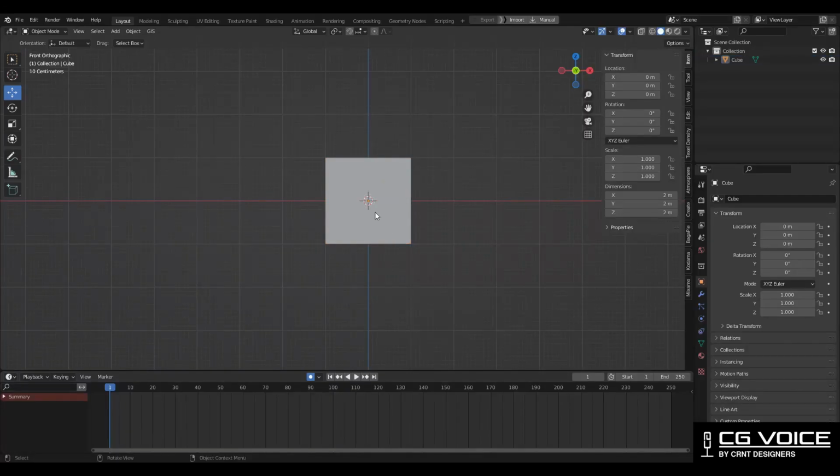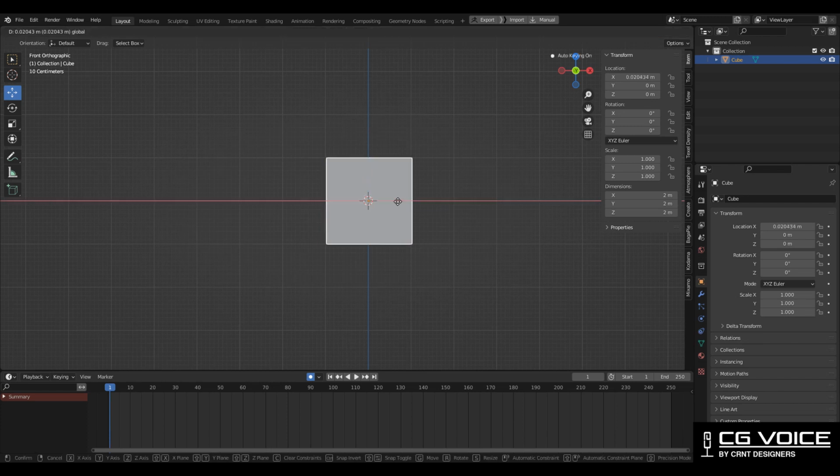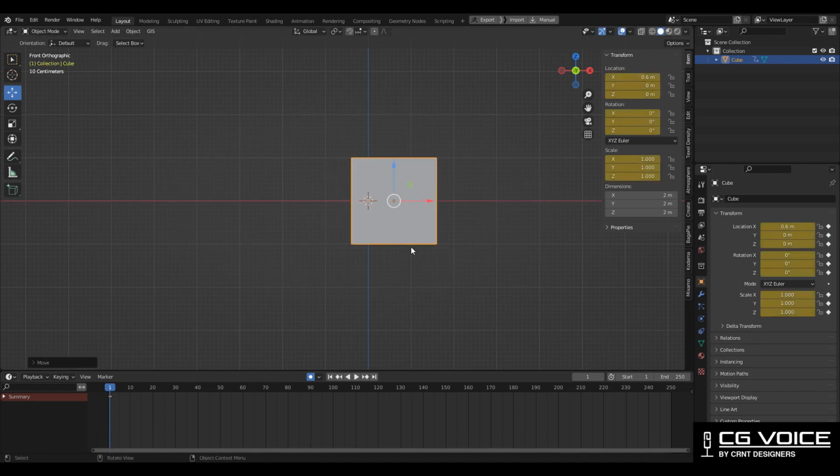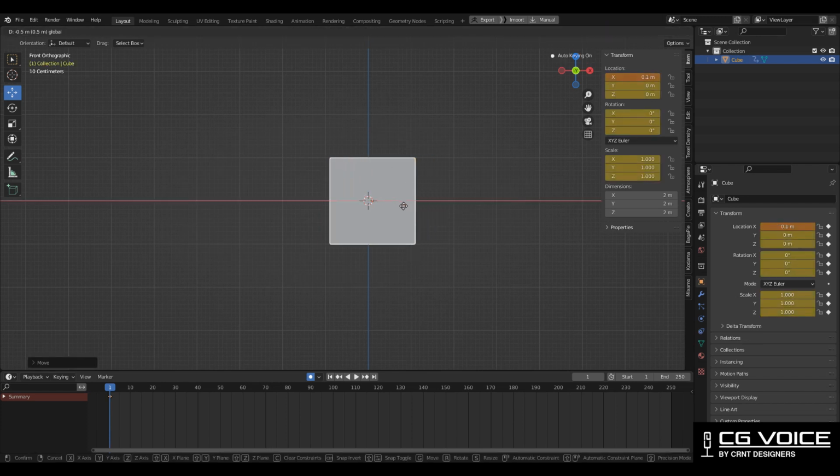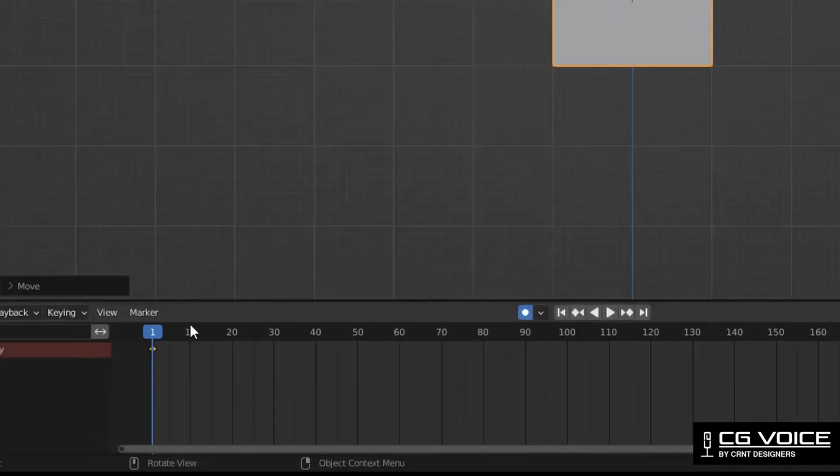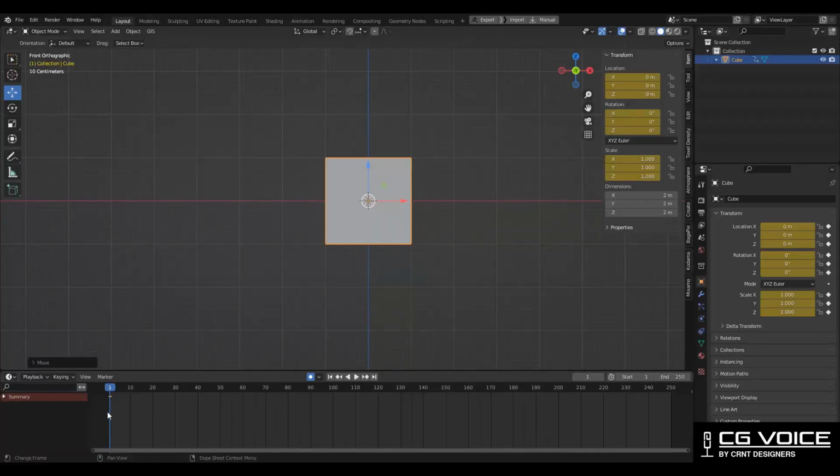Now I'm at a first frame. Select the cube and use the move tool. Move it a little bit and then keep it as its original position. I just want to add keyframes here. Here you can see our auto keying feature is on, hence we are getting keyframes for object transforms like location,